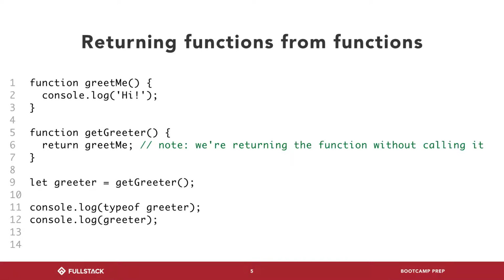Okay, so greetme. So then when we console log out greeter, what is greeter going to be? Well, I guess it's three things, right? One is what type is greeter? Remember, greeter is going to be defined on line 9. It's based on whatever gets returned by getGreeter. So what kind of type is greeter? What is greeter? And then what happens when we run greeter, which I guess gives away the first two answers there, but